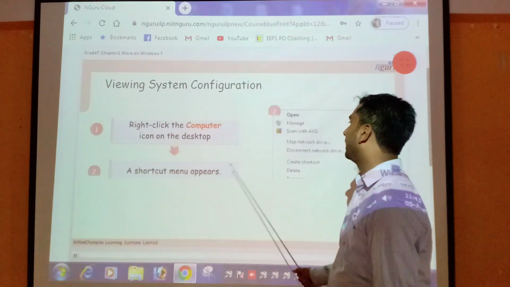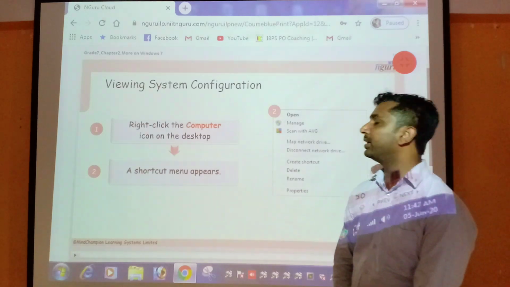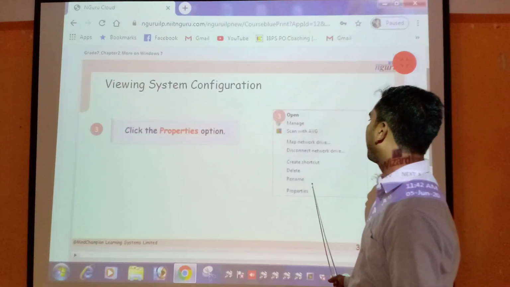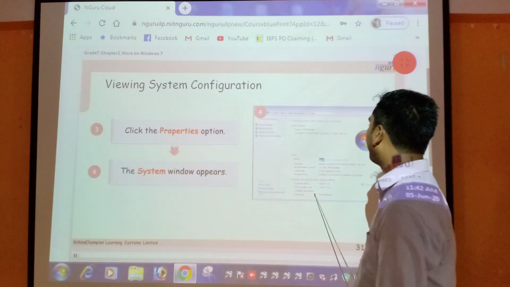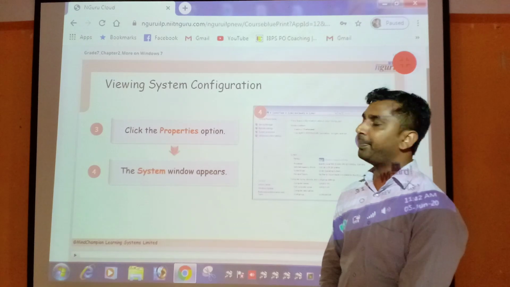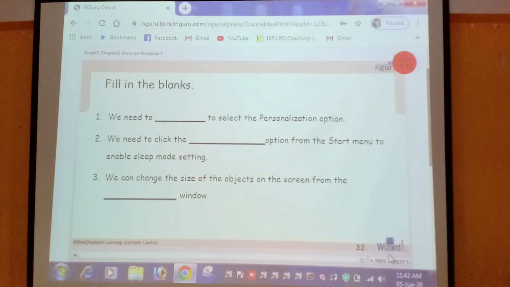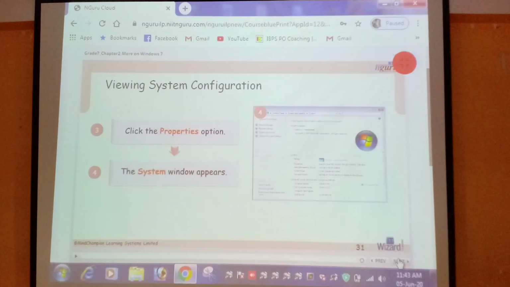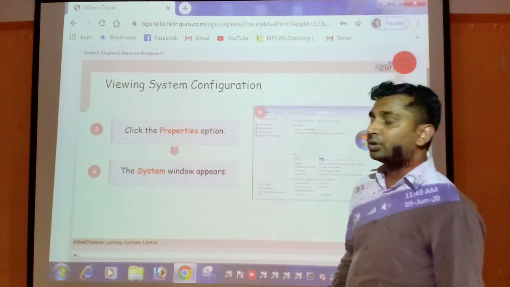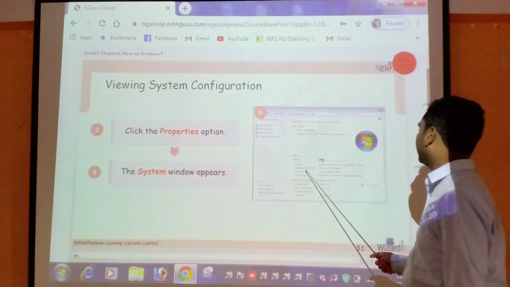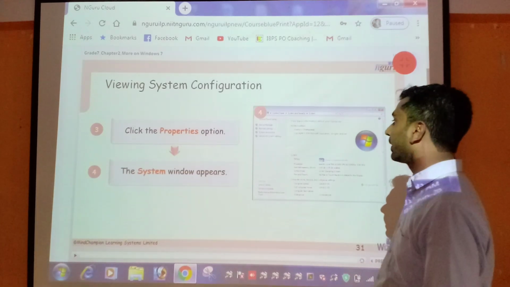The shortcut menu appears on the screen. After that, click on properties option. The system window appears on the screen. So you can see RAM size and operating system here.